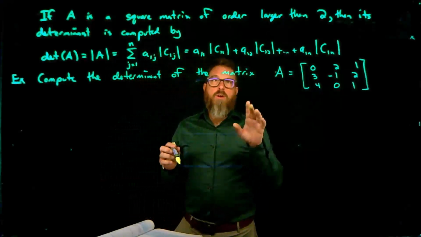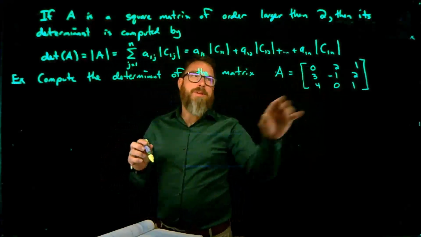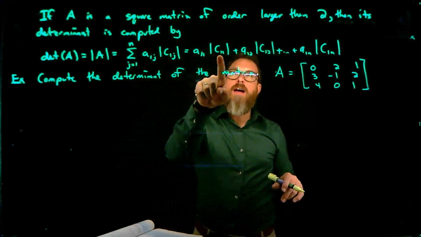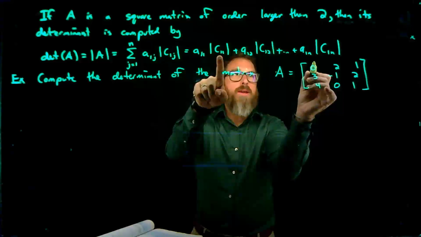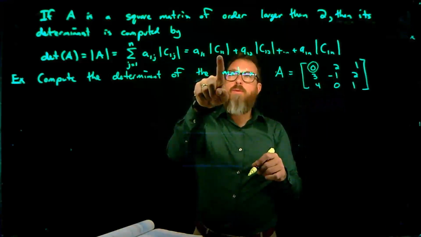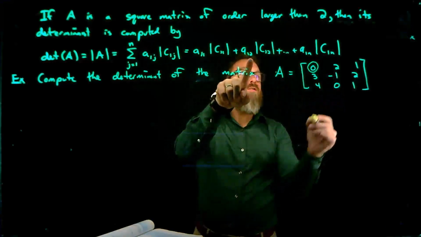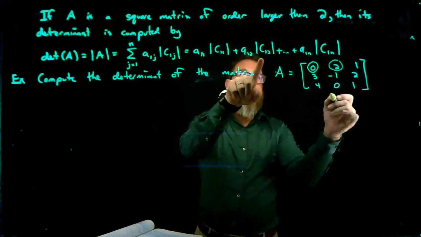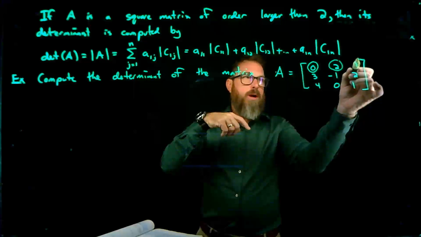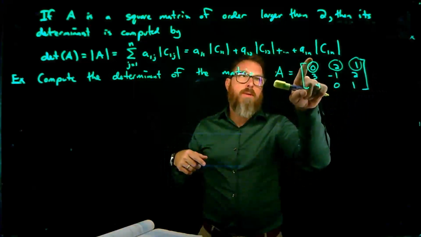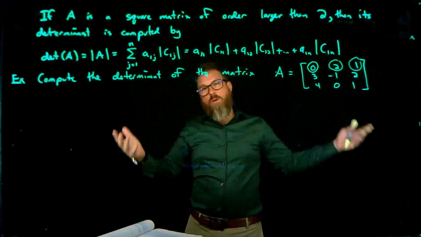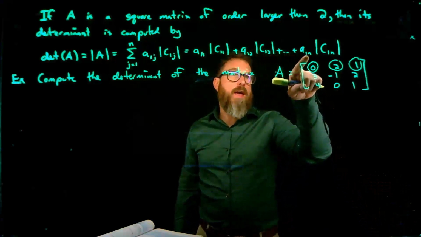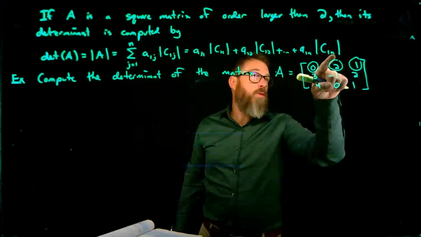So what we're going to do is, let's talk about this. This is going to be A11 times the cofactor of A11. So A11 being right here, right? And then we're going to do A12 cofactor of A12. So then we're going to have to do this one next. And then all the way up to this one as well. Now this goes all the way up to A1n. So what if this is a 4 by 4 or a 5 by 5 and so on? In this particular case, it's just going to go to A13, the determinant of C13,